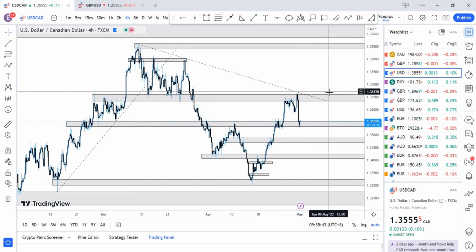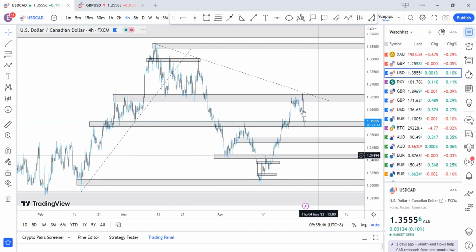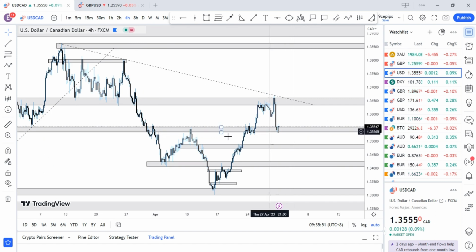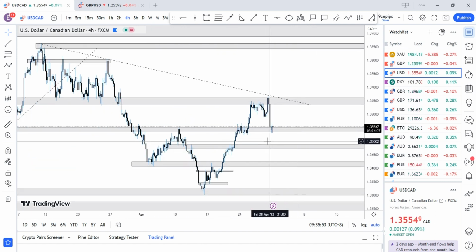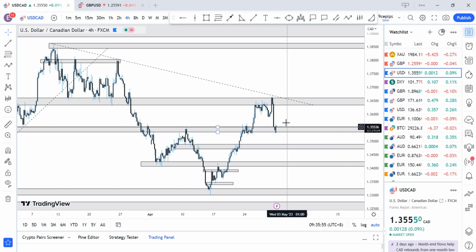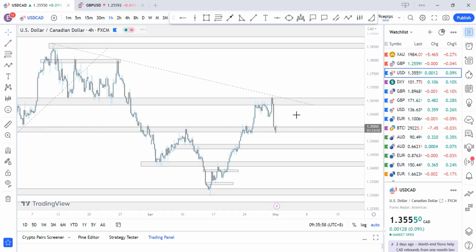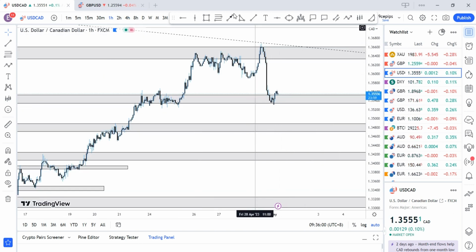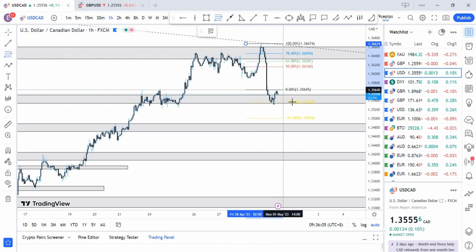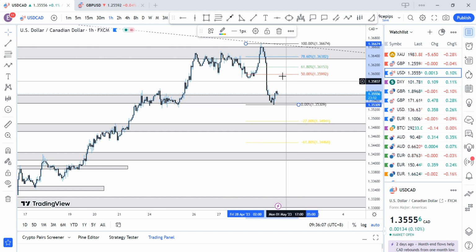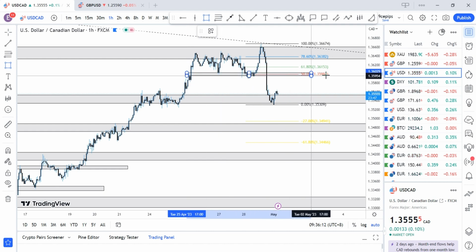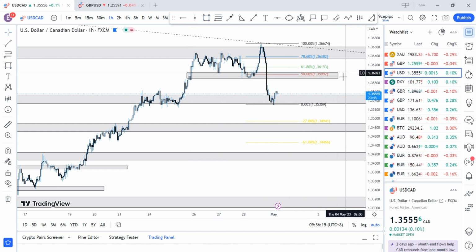Boom. 1, 2, 3. What am I anticipating? Continuation to the downside here is my basic anticipation, but we can see price has strong support. Nevertheless, we can actually make a few buy signals from these regions and maybe retest on the lower time frame pullback over here. Lower time frame pullback to these regions, we have the 61.8. We could anticipate price to come back to these regions here to pick up orders, and then we could break down below.